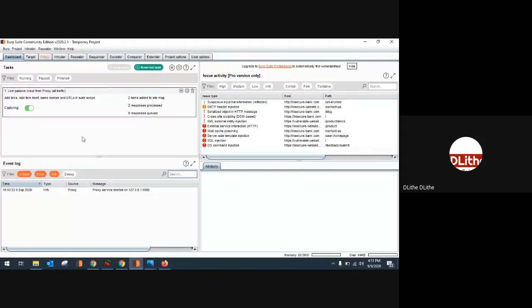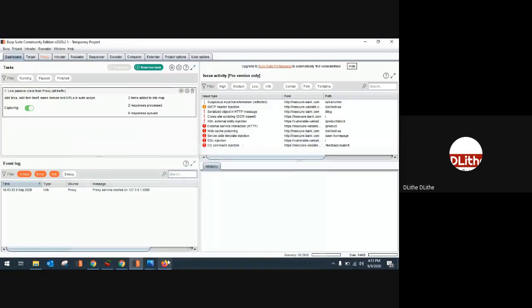As soon as you open up Burp Suite, this is the dashboard that you will see. This is the latest Burp Suite. First, you need to configure the browser. To perform any attack with Burp Suite, you need to configure Burp Suite with your browser. How do you do that? As soon as you log into Burp Suite.